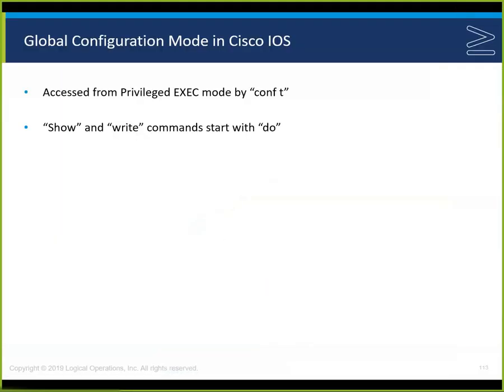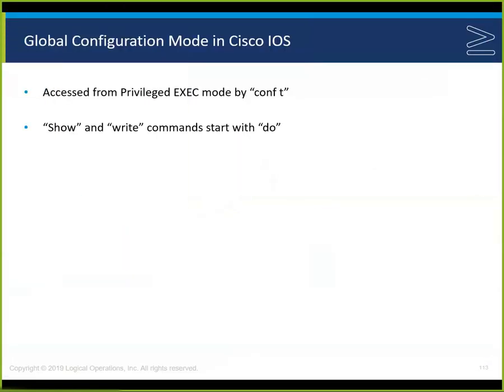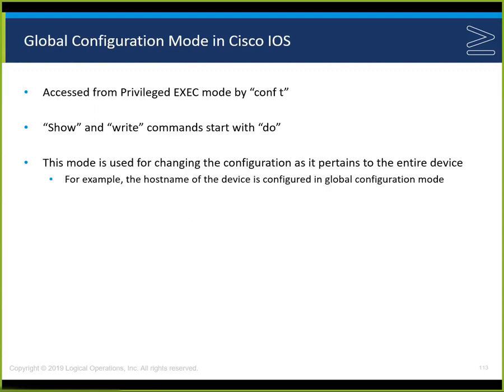I probably want to move that off because I will make a mistake if I don't, and close things out. So the show and the write commands start with do. Write, you can usually use copy run start, or the write command in order to save the configuration to NVRAM, the non-volatile